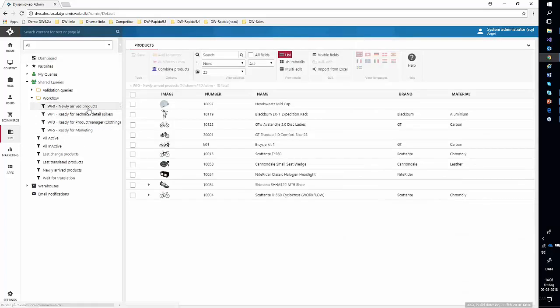Now, if I select this one, I get a list of all products that are newly arrived to the PIM system and waiting for somebody to go in and take action on it. So I have 10 products here, and if I go into the final one, the Scanton date X560,